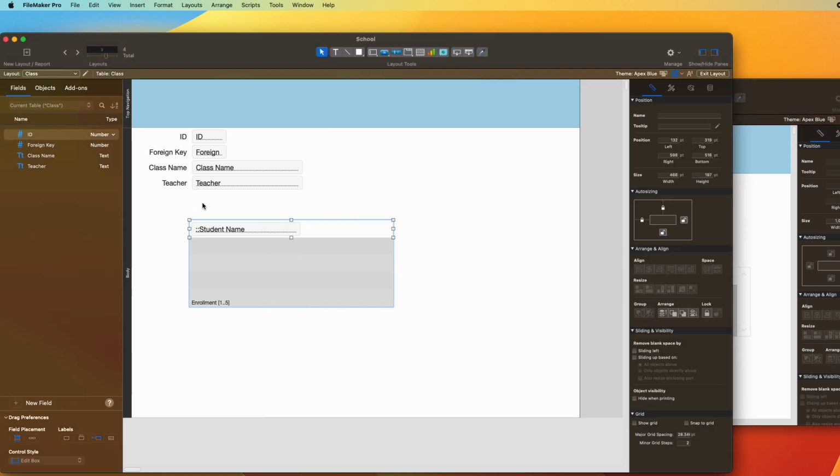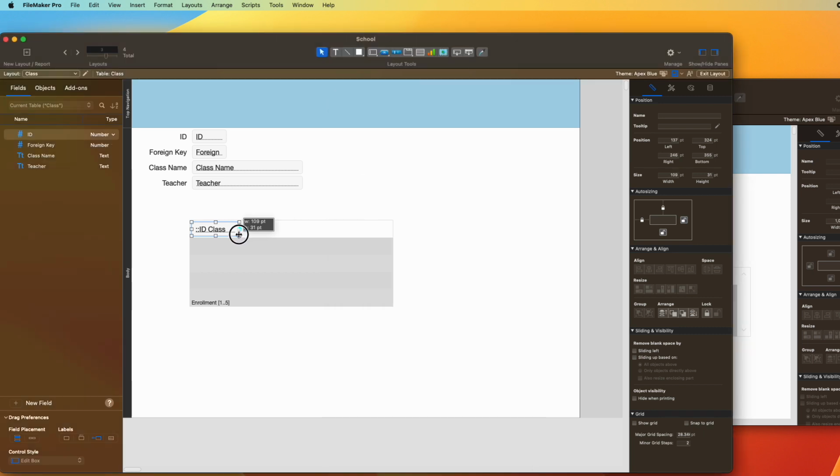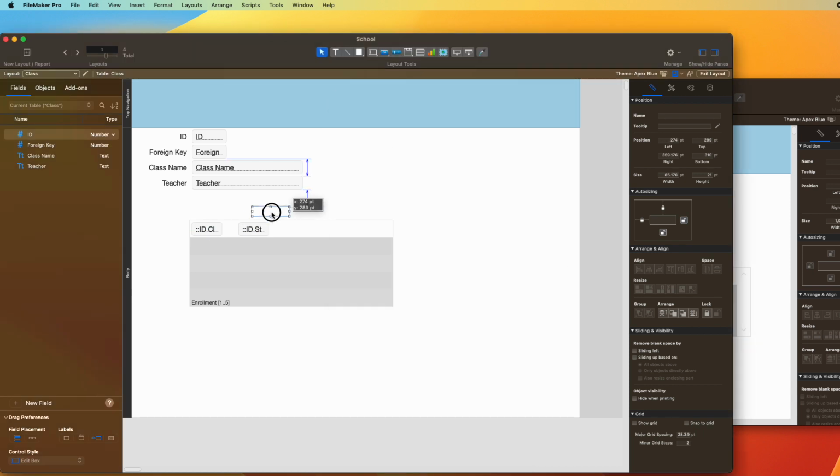And then also on both sides, I want to be able to see both of the join tables, which is not going to be super clear at the moment. We're going to get to that in a second. So this is my class. And in the enrollment table, really I just have two fields. This is going to be the class and the student. And I'm going to put them both here as well